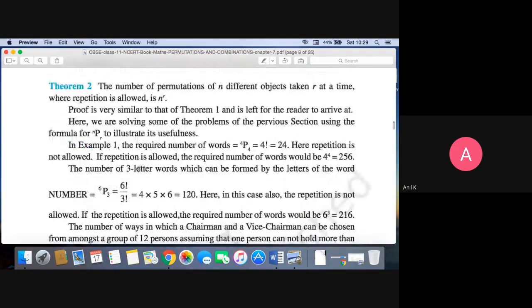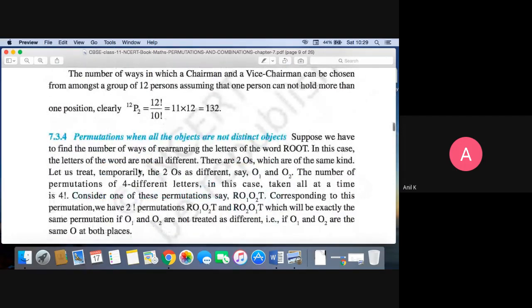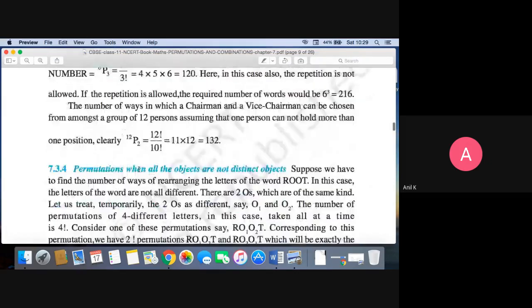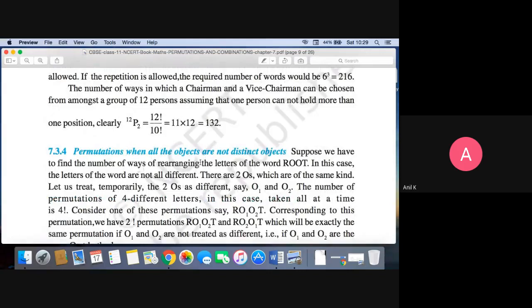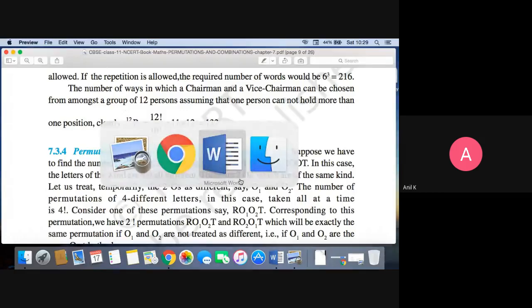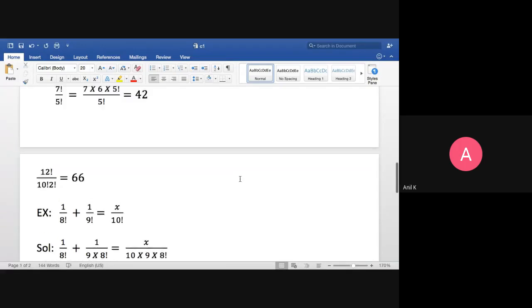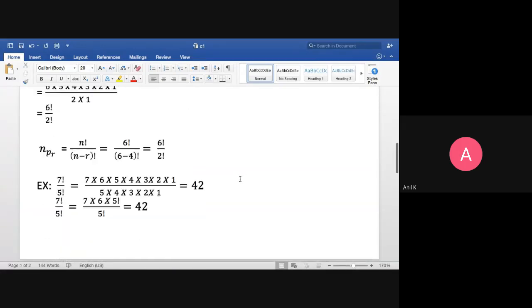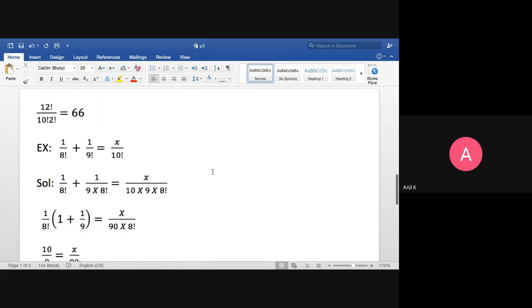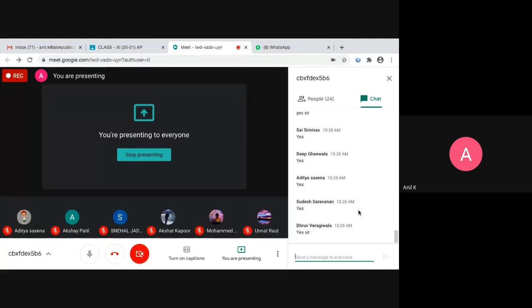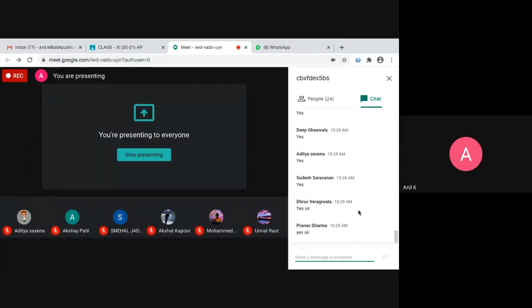Now what we do is we'll come to the actual word problems. Here one more thing is given: permutation when all the objects are not distinct. Okay, let me come back to the discussion point. Before we go to the next topic, let me know whether all these examples we explained, the definition of the factorial, and how to justify, are clear for everyone, or does anyone need any explanation? Yes, students, I think it is clear for all of you.